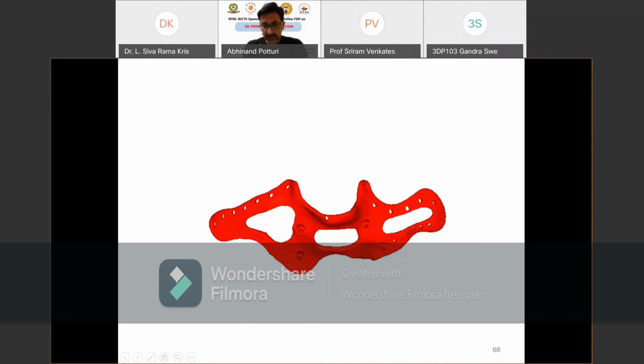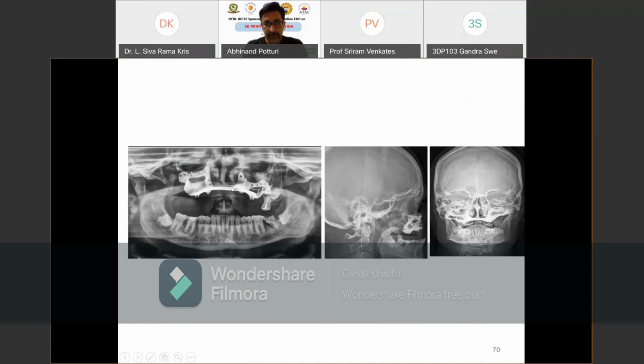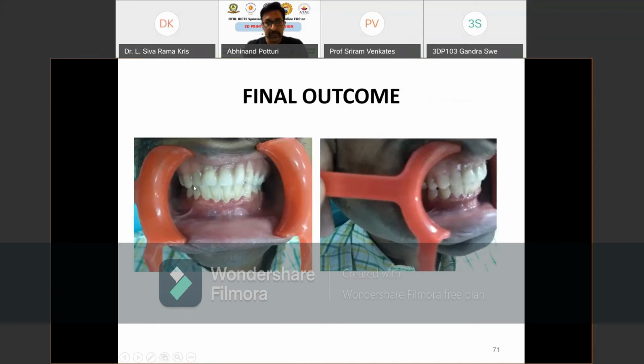So these are the various reconstructs which are prepared for the upper jaw. You can see here the upper jaw is missing, and then this is the titanium reconstruct which is prepared, and which is put into the patient's missing upper jaw place, and reconstructed. And then the final outcome, you see his entire teeth also have come into place along with the titanium reconstruct.